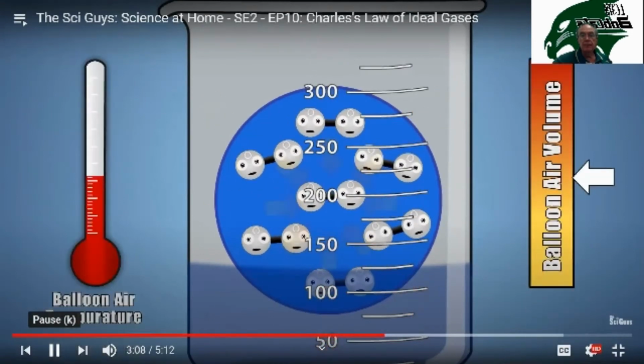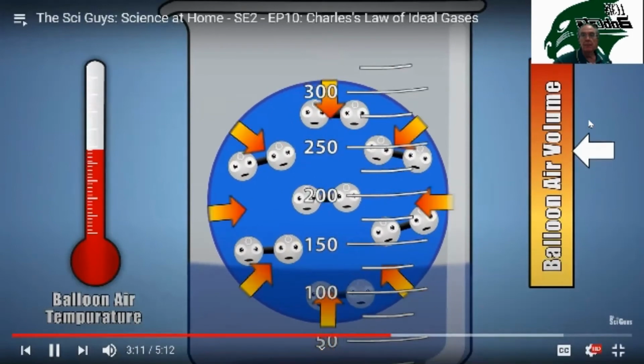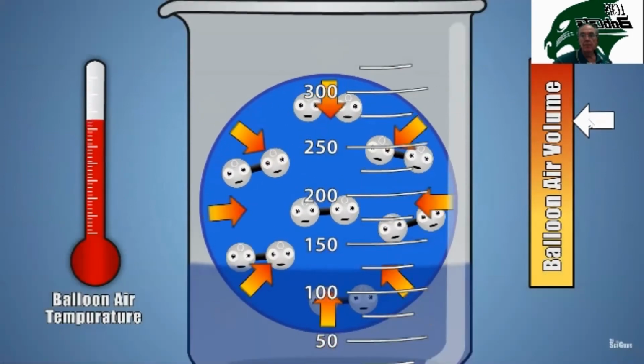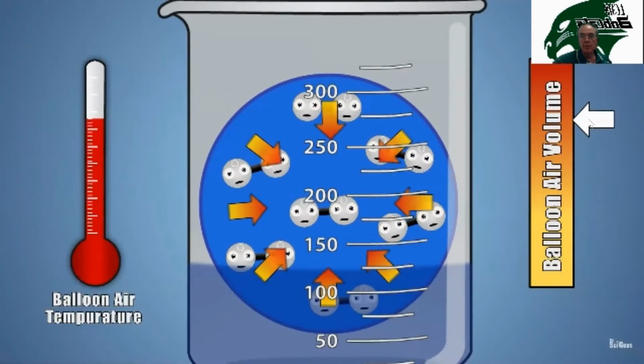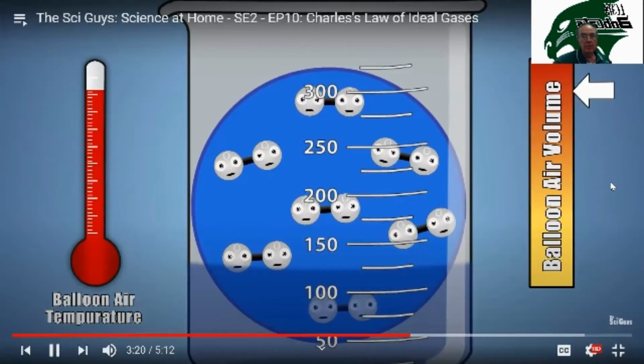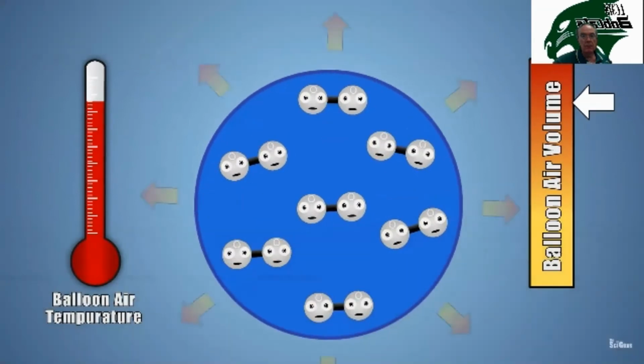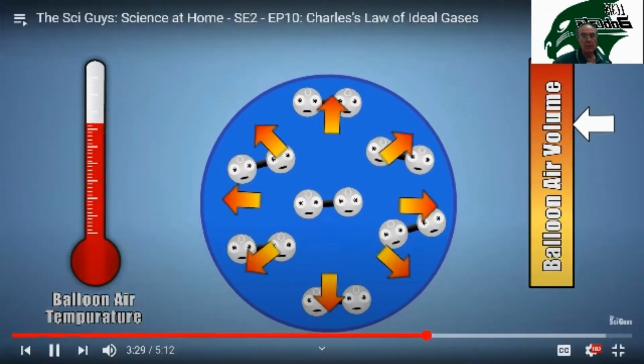When the air molecules in our balloon are excited by raising their temperature, they spread further and further apart, increasing the volume of space they take up. The higher the temperature or the more energy the air molecules get, the larger our balloon will grow, or in other words, the greater the volume of space our gas will take up. If we remove our balloon from the hot water, the air molecules inside our balloon will gradually lose the